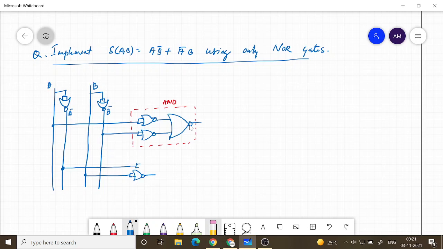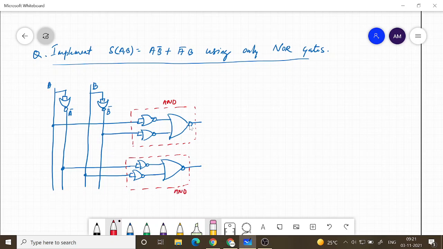Complement the inputs and then give it to another NOR gate. That is basically the implementation of the AND operation. So I got two product terms.